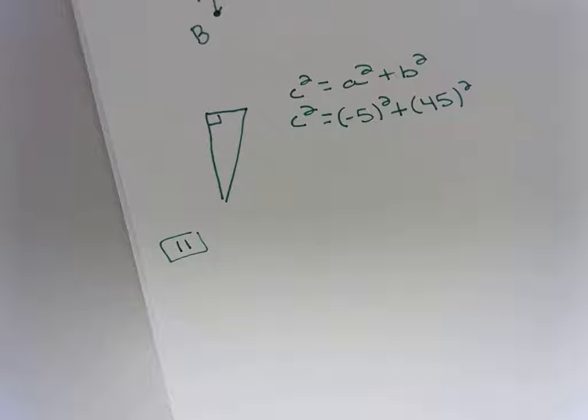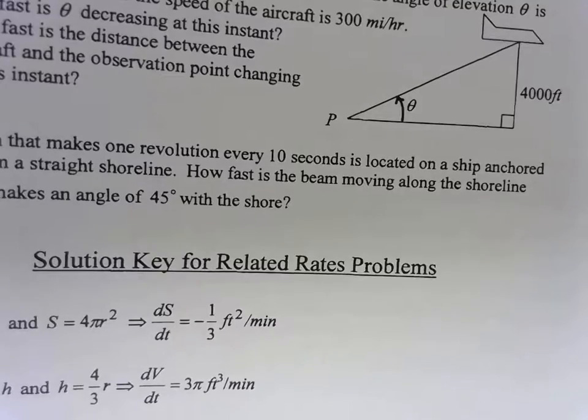An aircraft is flying horizontally at a constant height of 4,000 feet above a fixed observation point B, kind of similar to the one we did yesterday in the notes. At a certain instant, the angle of elevation theta is 30 degrees and decreasing, and the speed of the craft is 300 miles per hour. Think about it. The picture makes sense. If I have a plane and it is traveling,